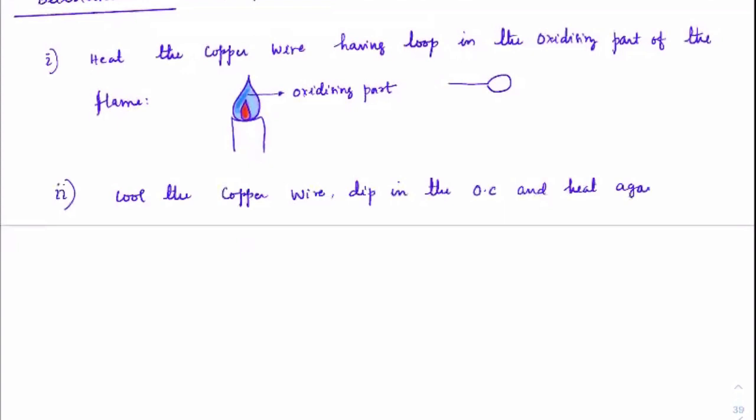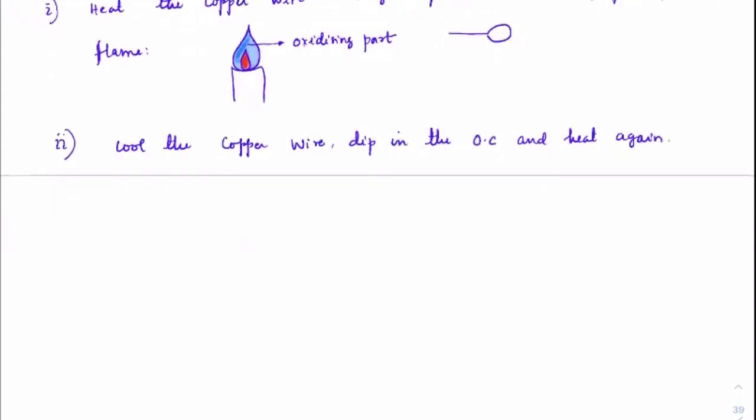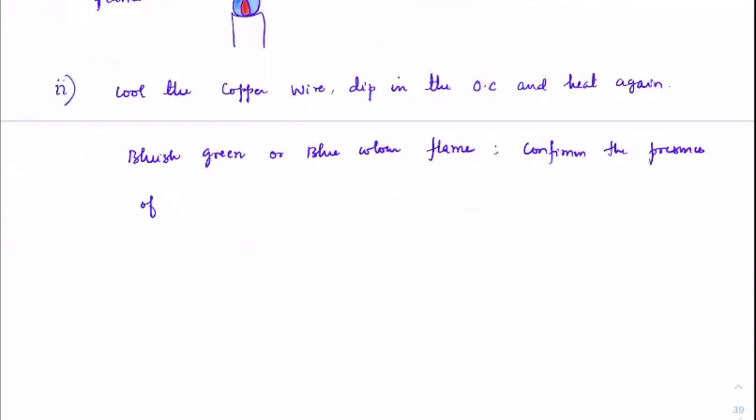If you get a bluish green or blue color flame in the oxidizing part, this confirms the presence of halogens